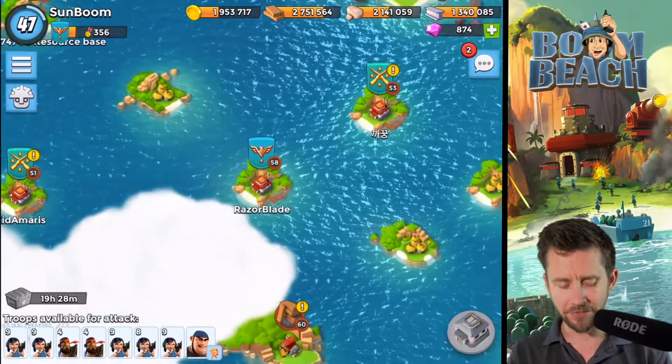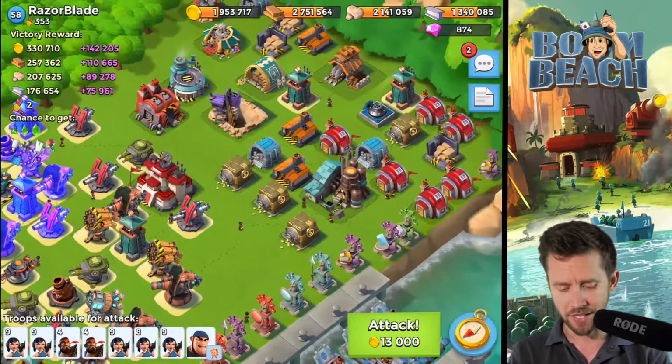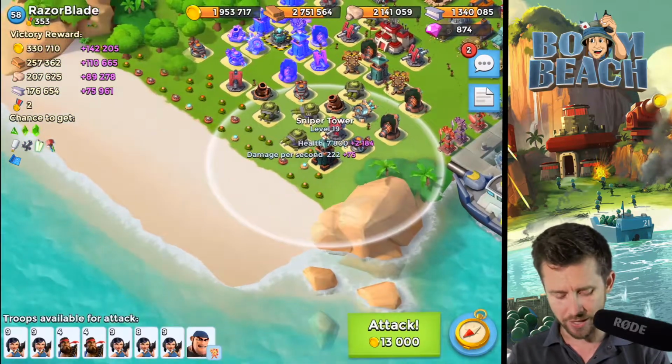A Razor Blade, level 58. 3 levels higher than this guy. What does he have? At least his base isn't fully up top, which is good. And we have a nice... There's nothing in the back to get my Zookas, so this one might be more doable, guys. And the rockets don't hit the HQ, so we can actually land...